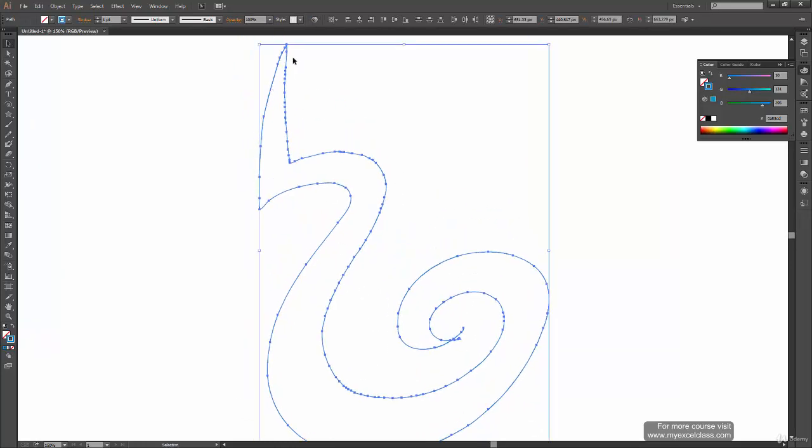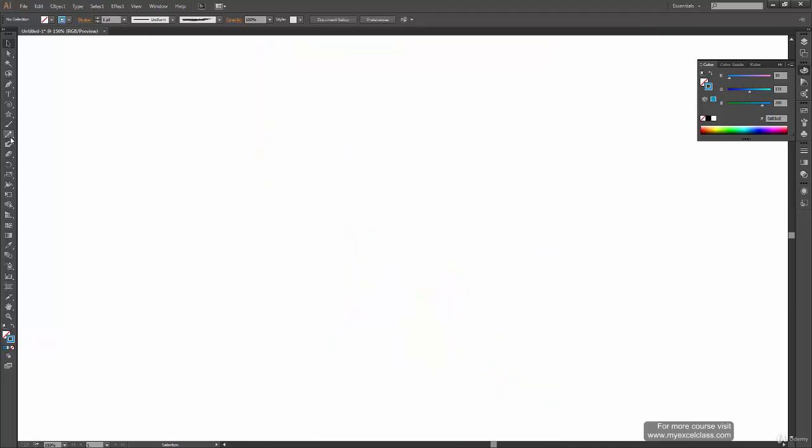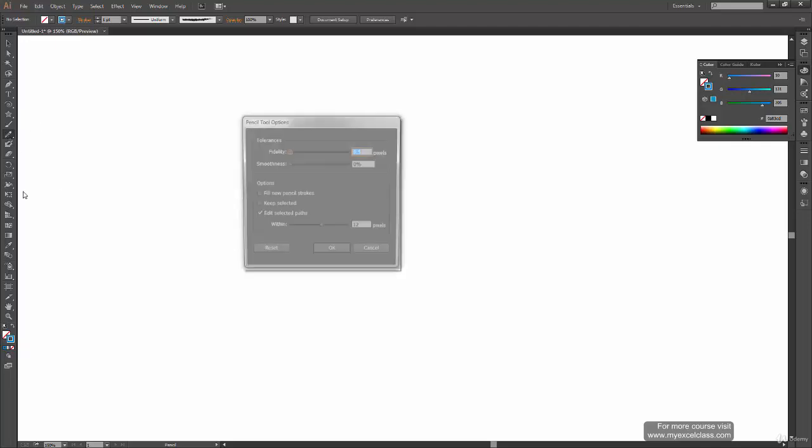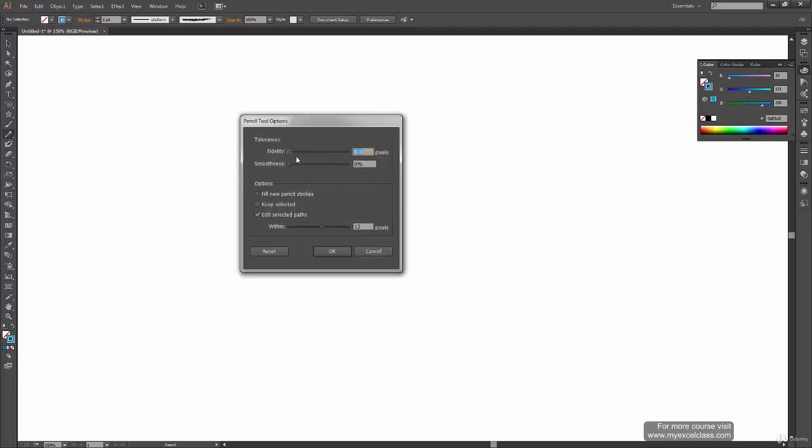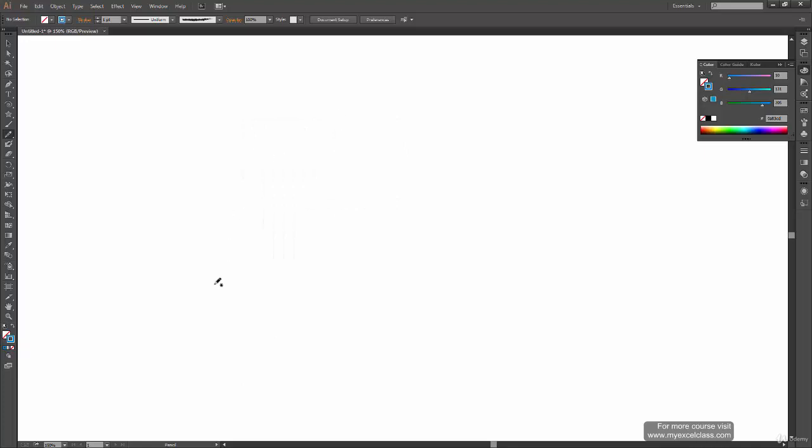And while using the direct selection tool, it will be very hard for me to make changes to all the small anchor points, and it is obvious that I will not get the result I want by making changes to so many anchor points. So what we are going to do here is delete this shape and increase our fidelity to 3 pixels and make smoothness 10% and press OK.